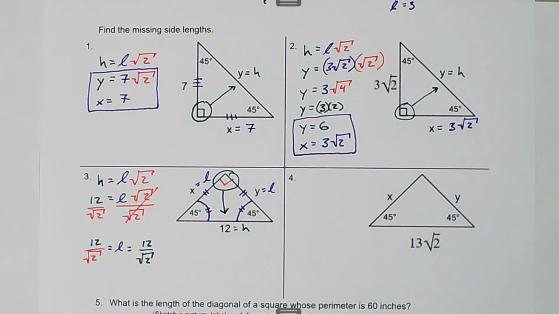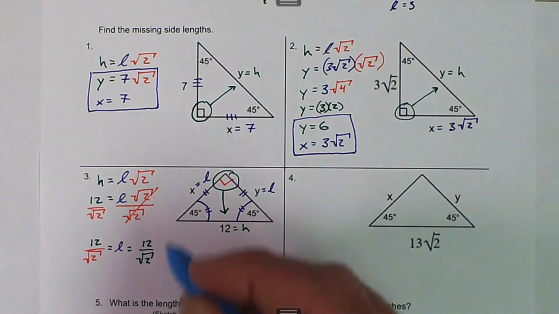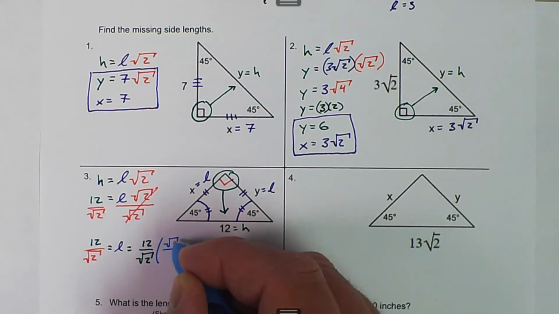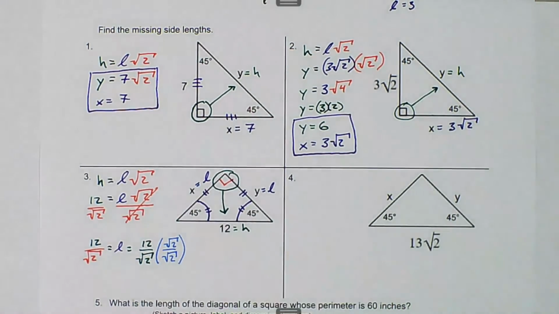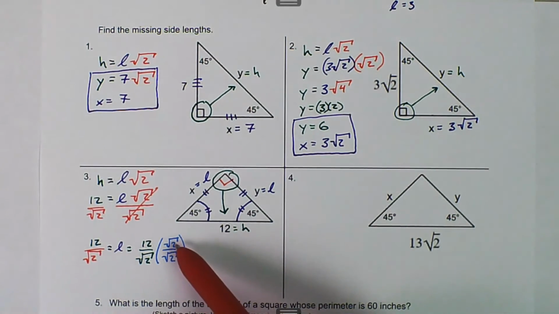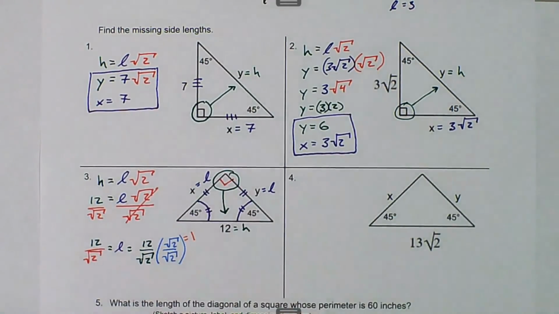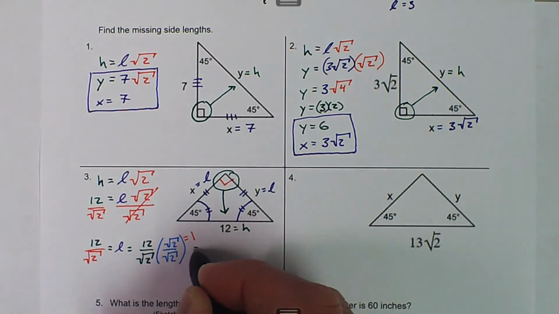And one way to get rid of that is to multiply by a value that is equivalent to 1, which in this case is going to be specifically the square root of 2 over the square root of 2. Now, the reason we did that is because if we plug this in our calculator, square root of 2 divided by square root of 2 is just equal to 1. But by multiplying by this specific 1,